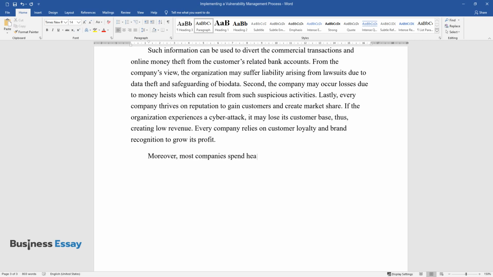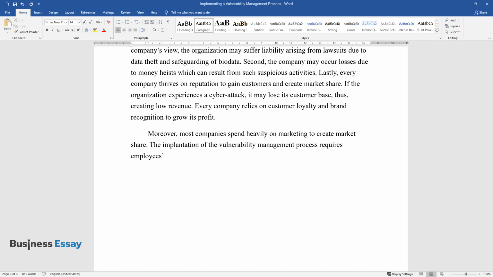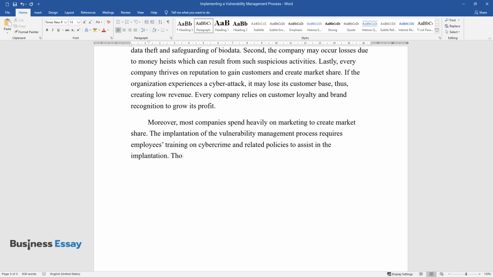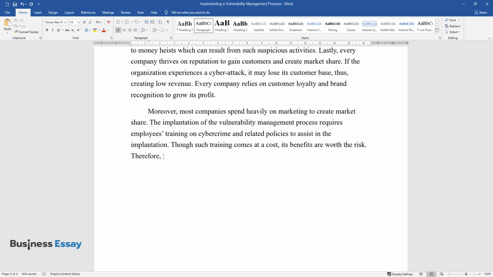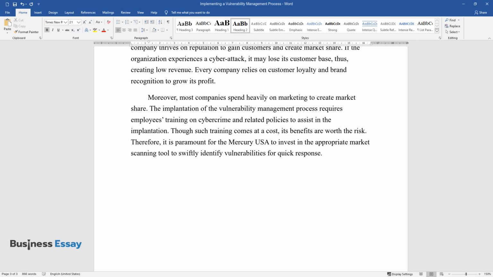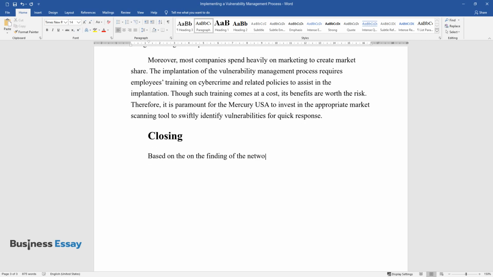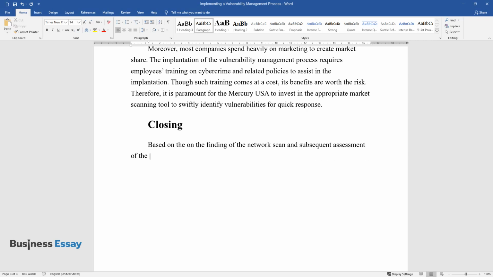Moreover, most companies spend heavily on marketing to create market share. The implementation of the vulnerability management process requires employee training on cybercrime and related policies to assist in the implementation. Though such training comes at a cost, its benefits are worth the risk. Therefore, it is paramount for the Wannacry USA to invest in the appropriate scanning tool to swiftly identify vulnerabilities for quick response. Closing. Based on the finding of the network scan and